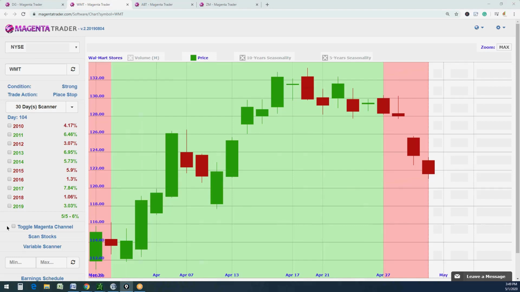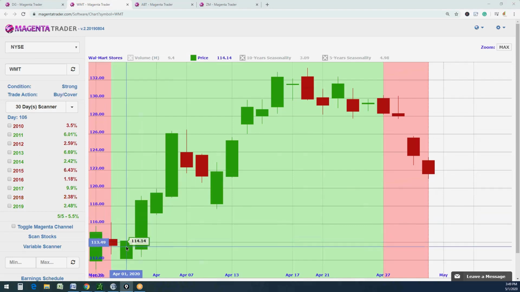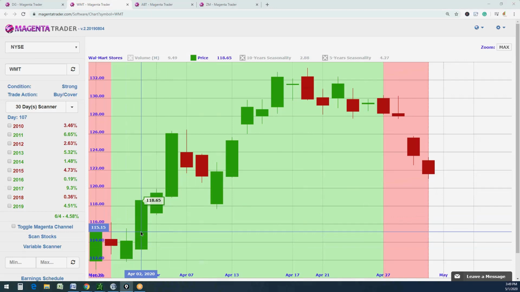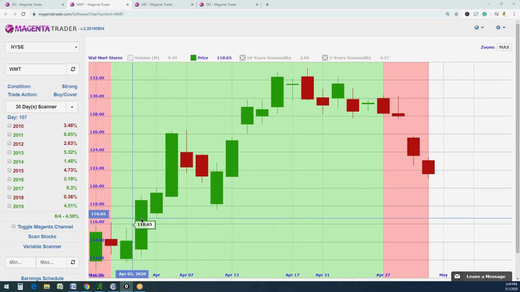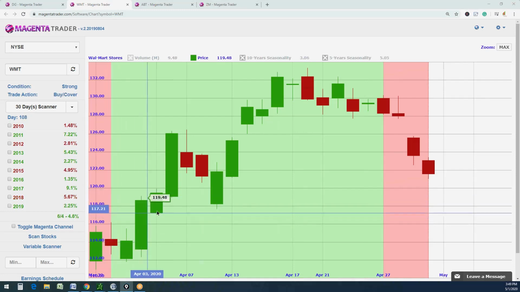On the chart of Walmart, starting around approximately the same time, April 1st, we can see that the condition was strong and the trade action was to buy. The next day, the condition of Walmart was still strong and more buying was beginning to take place. Traders at that point in time would have noted that and tried to start placing trades, getting into Walmart as early as possible. On April 3rd,